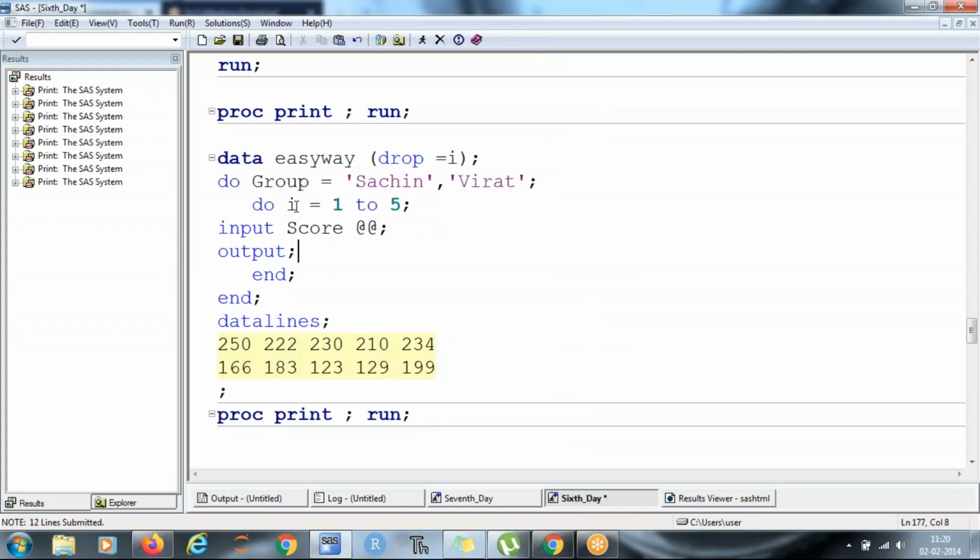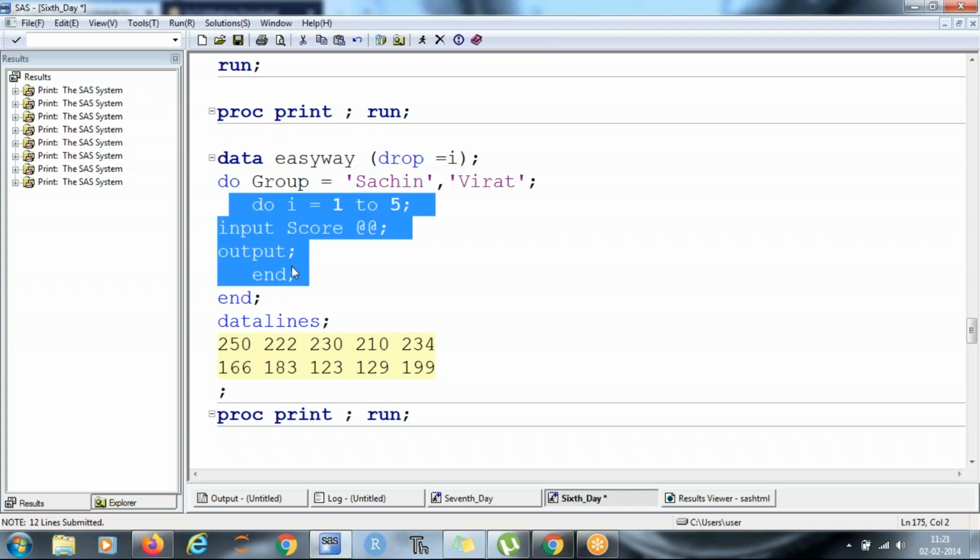Now what is I? I is an iterative variable which I am using to run this loop. Here I have used Sachin and Virat to run the loop. So in the first iteration, Sachin will run, and this do loop will start. In the second do loop, it will read this value for the first iteration, second, third, fourth, and fifth.